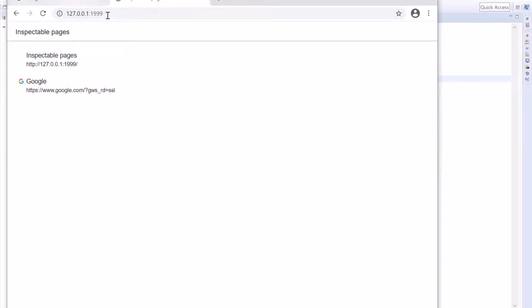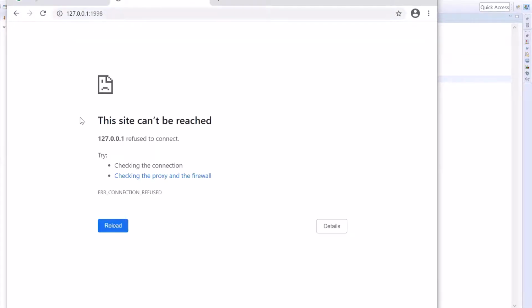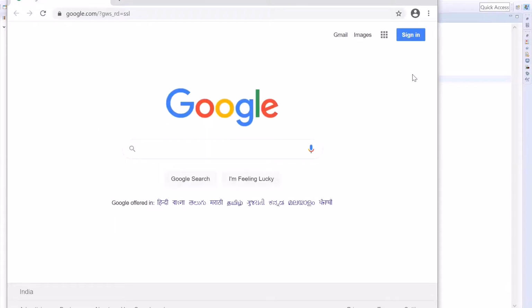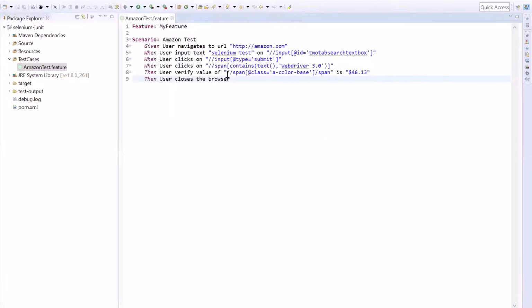It means the Chrome browser is successfully running at the specified port for debugging. In case the Chrome browser is not running on the specified port, then you'll get a site cannot be reached error like this. Now close this tab and let's go back to the project.